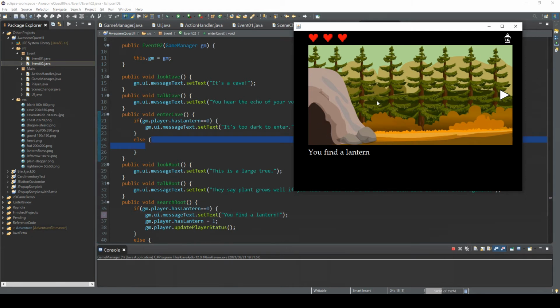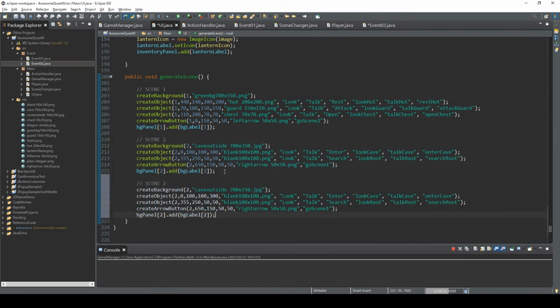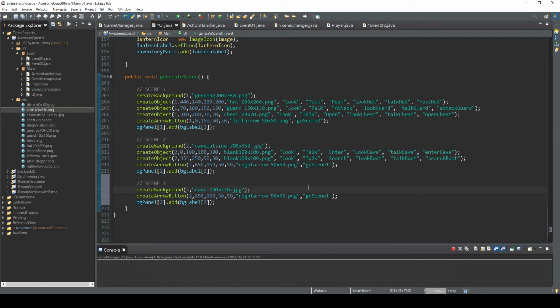The second screen is also kind of dumb, so let's create a final screen, inside of the cave. Okay, let's go to this UI class, and we're gonna create scene 3 and background number 3, and the image is, what is it, this one, cave. Yeah, so cave 303 700 350,